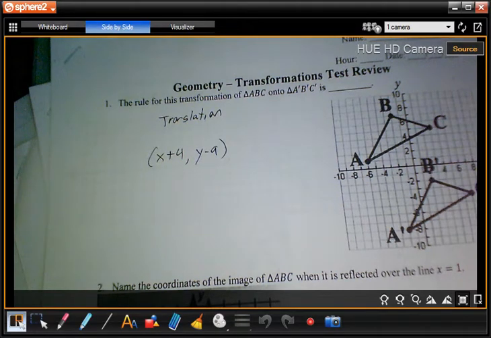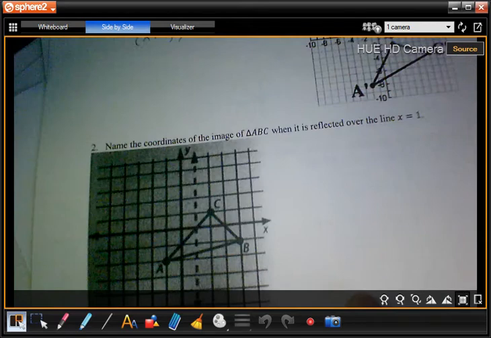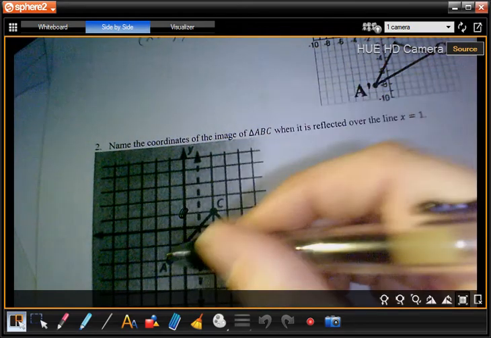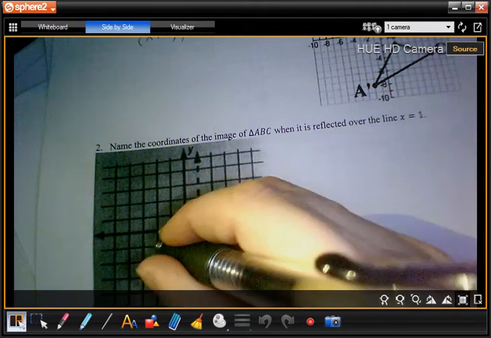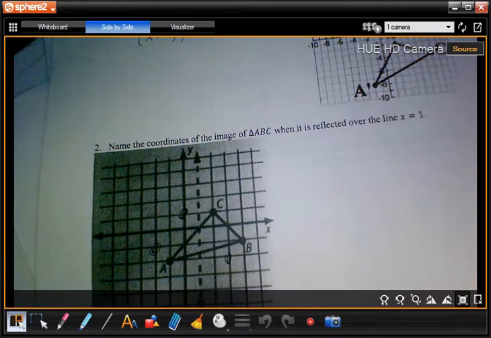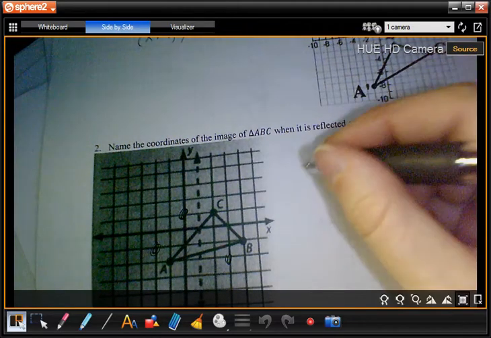Okay. For number 2, we're reflecting over x equals 1. That's that dotted line right here. When we reflect, it goes 1, 2, 3. It's reflected. So our image,